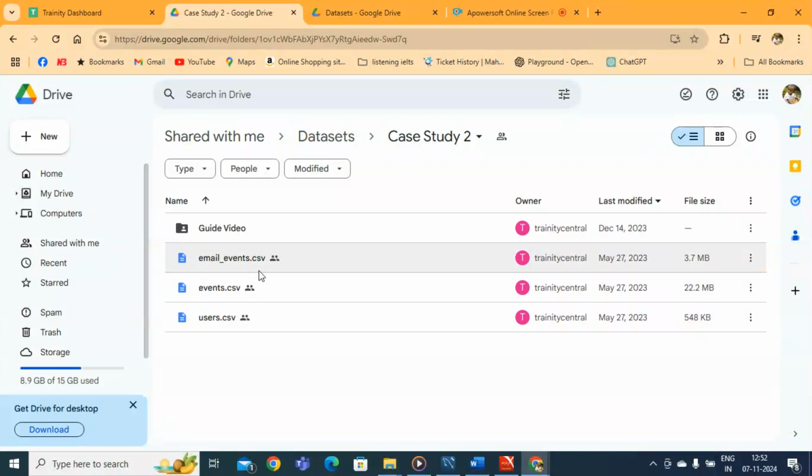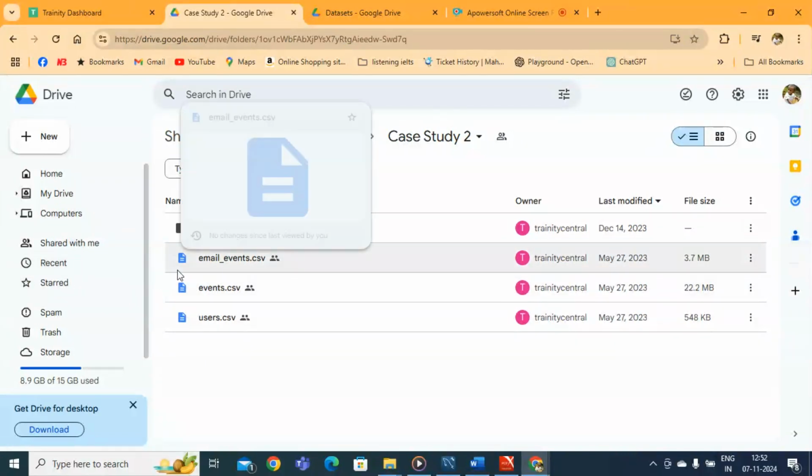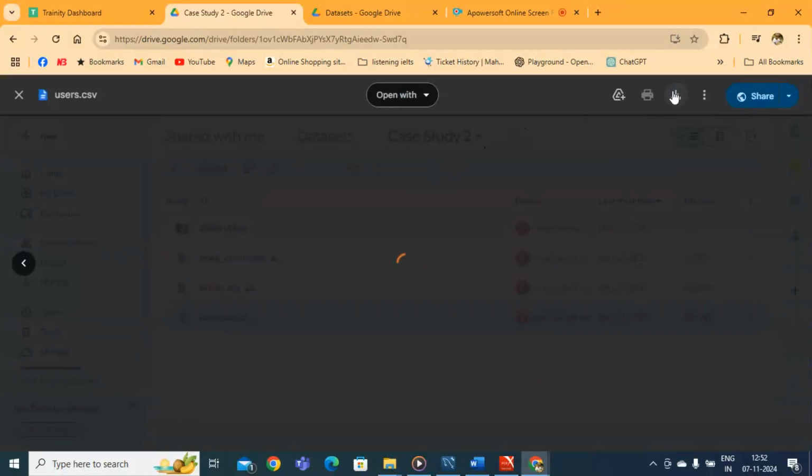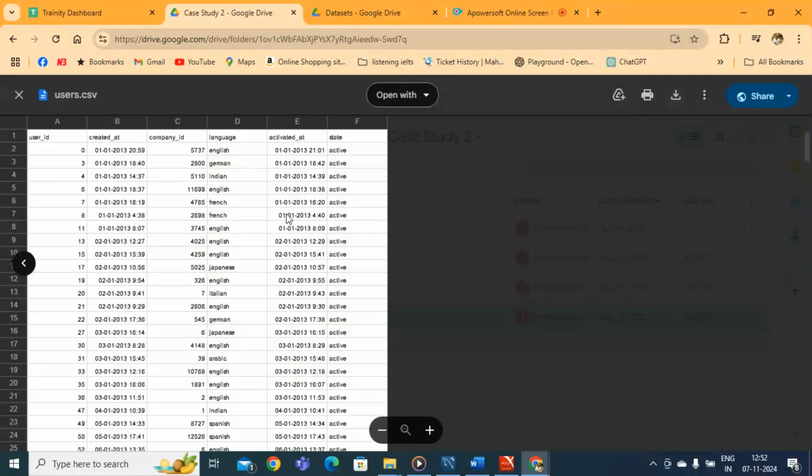In project 3, you will be given 3 datasets to work on. Simply right click on the file and download them. I have already downloaded all the datasets, so I am not going to repeat the downloading process here. Okay, now once you have the dataset, it is important to know that Excel has a